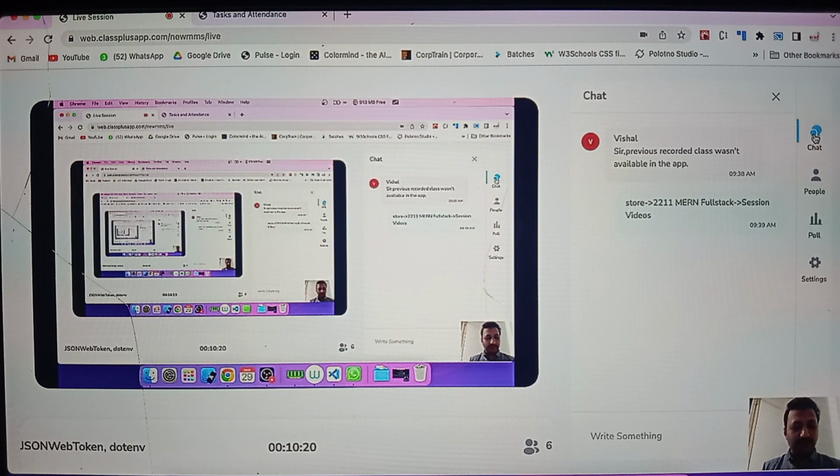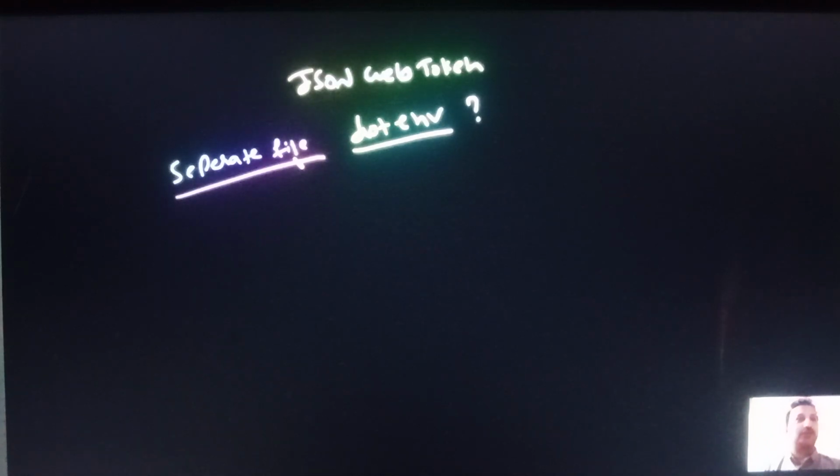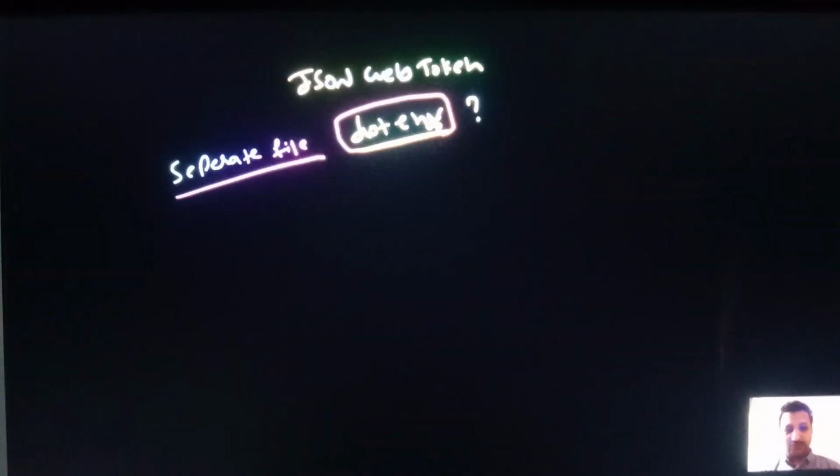So basically, .env is helpful to keep the secret information within our code in a separate file. Secret information like passwords. Now, if I wanted to connect to MongoDB, I have to give a password. Or if I wanted to connect to a database, I have to use a password. Those kinds of sensitive information, you can keep inside this .env file and you can use it. Just to show you an example,